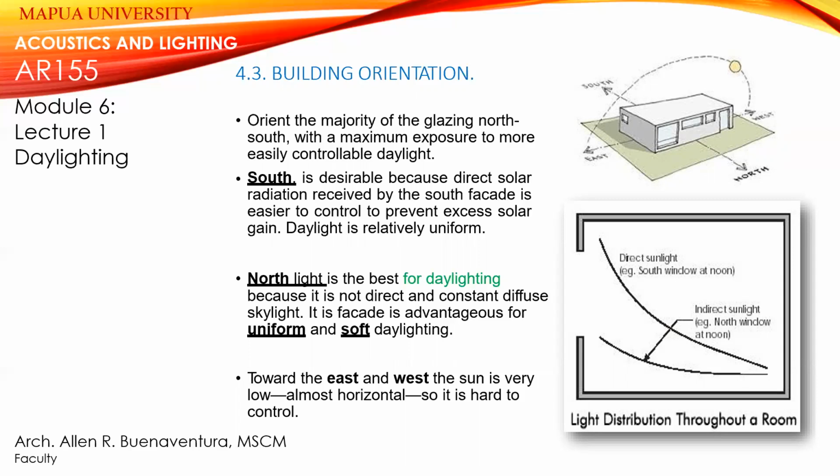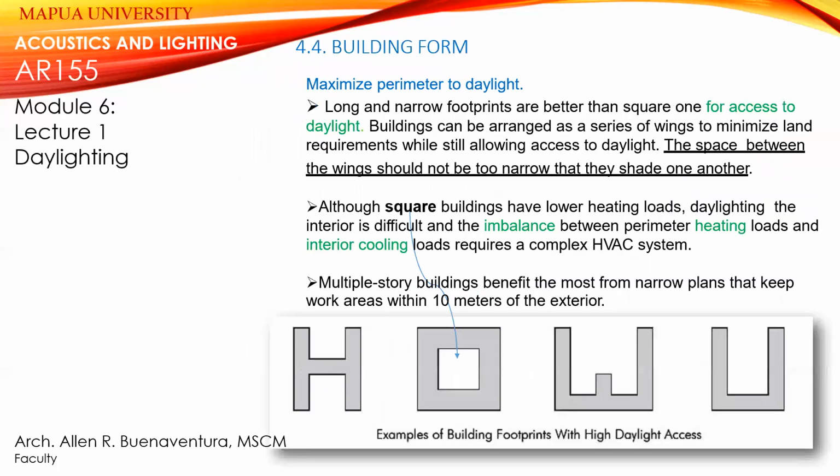Okay, so the north side and the south side are the most advisable areas where you will open up your windows and your buildings. Towards the east and west, the sun is very low, almost horizontal, so it's hard to control. So the east-west direction of the sun is hard to control. That is why the orientation of the solar panel is north-south, not east-west. So the building form,